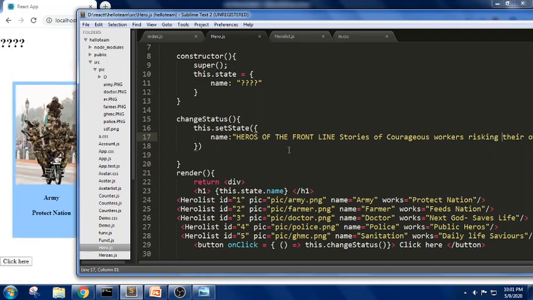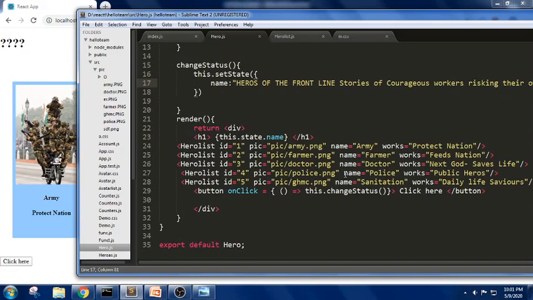As I have written it in a separate line, we got some issue there. Now we have defined a state. Now in this button, when I click on this button, it should be able to change it.